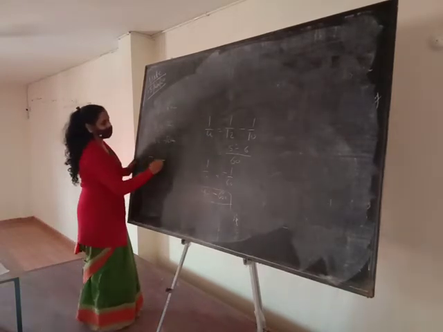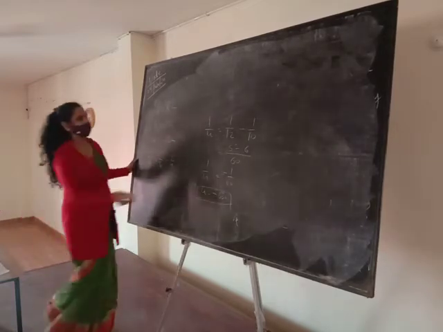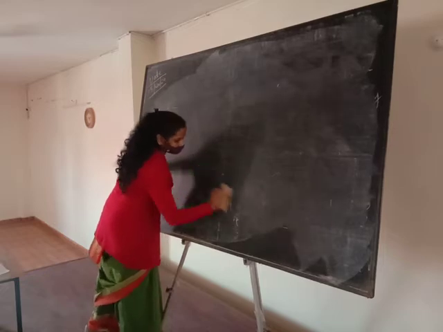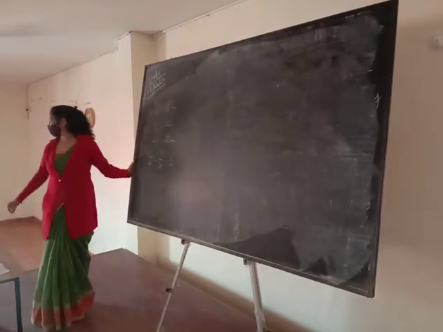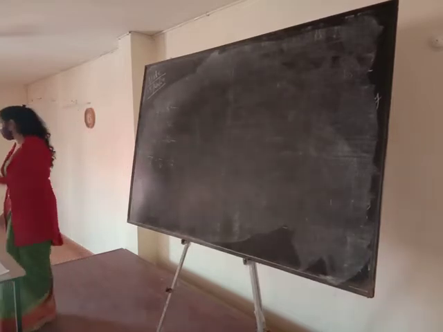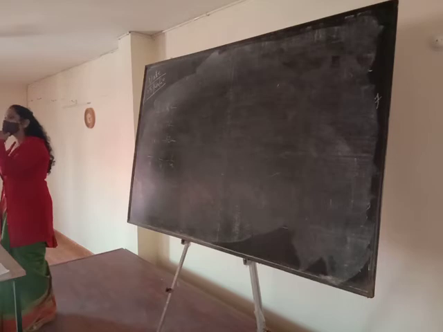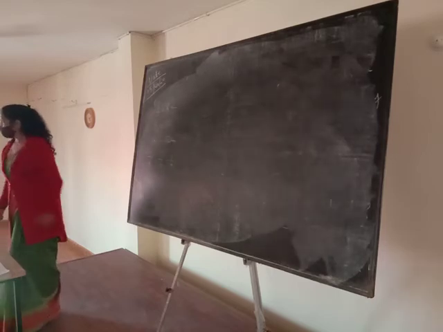1 upon f is equal to 1 upon v minus 1 upon u. If you have any problem with the question, please ask me. Otherwise, how am I supposed to know that you are not getting my points? Because I am explaining and you are not understanding. So please, if you still don't understand, say so. Okay.